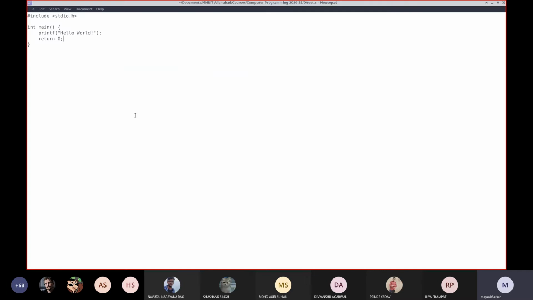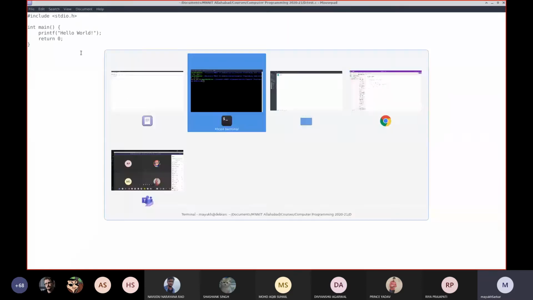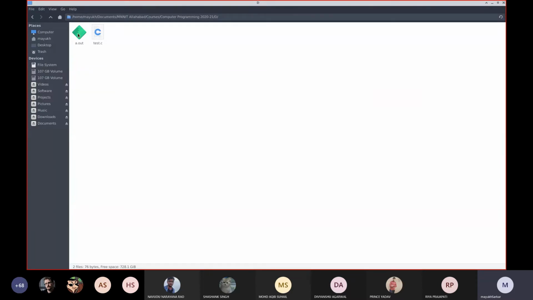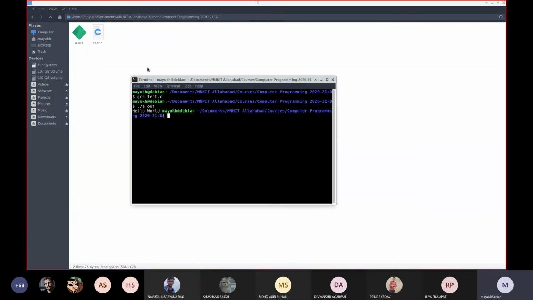After creation of the executable, you know how it is executed, because as soon as I wrote ./a.out and pressed enter, this executable file went into RAM, because a.out is on my hard disk. As soon as I executed it, it went into RAM. The instructions of a.out got executed one by one, and based upon the commands that the control unit received, it told the monitor to show this hello world string on the screen.